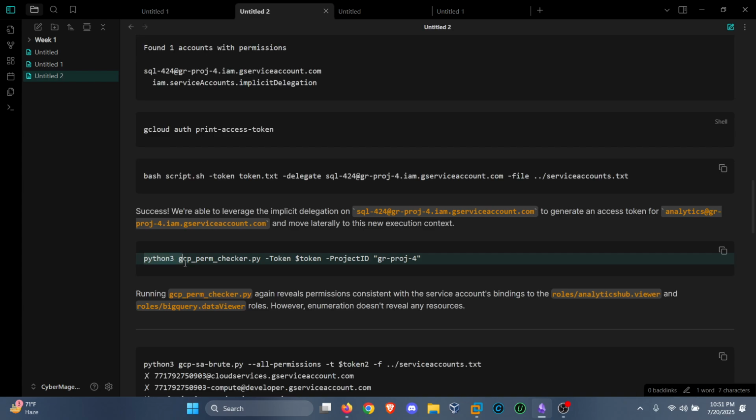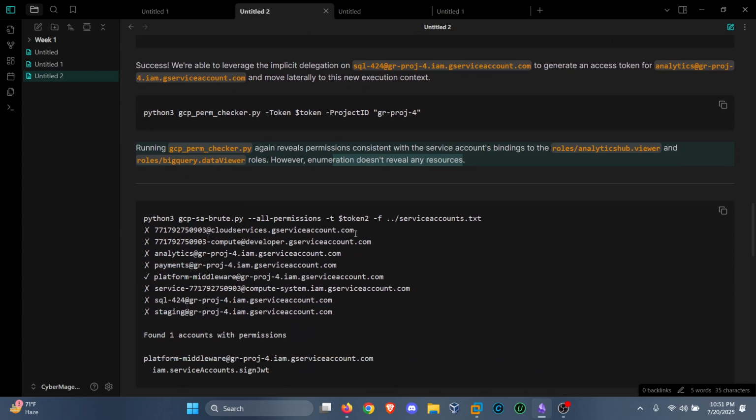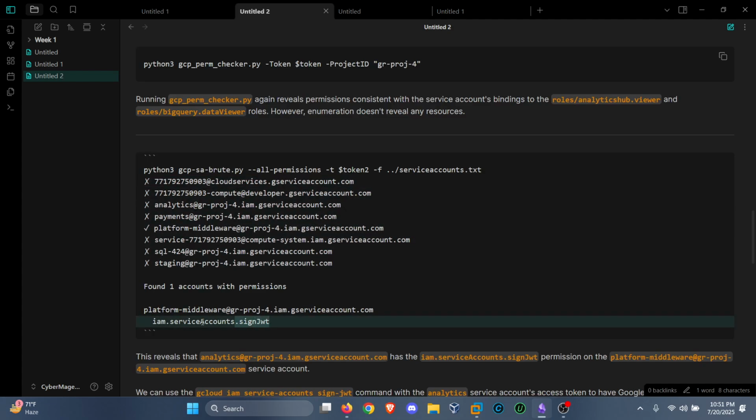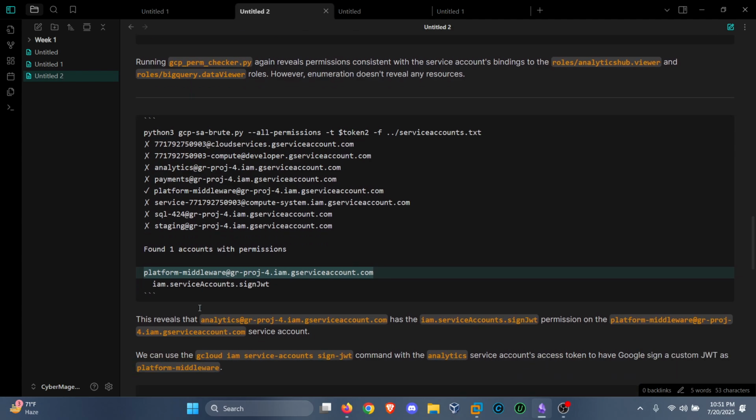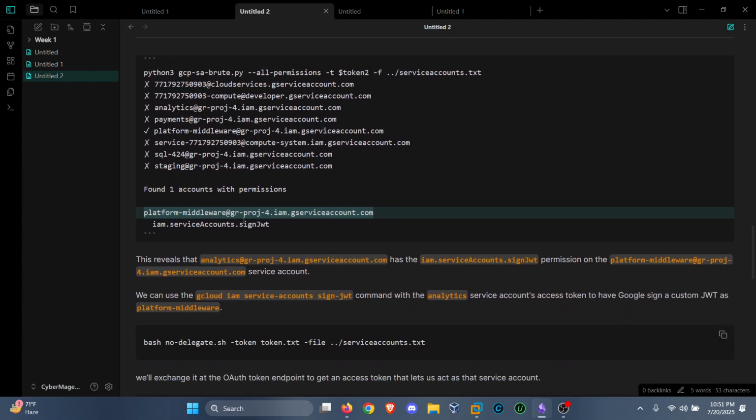But nevertheless, we wouldn't find any important permissions on any resources directly, just this role over here and this role over here. We would find that from GCP perm checker. But since we didn't find anything here in this case, we went back to the service accounts to see if we have any permissions on other service accounts. And then we found out that we have the signJwt permission on this platform service account to create an access token for this particular